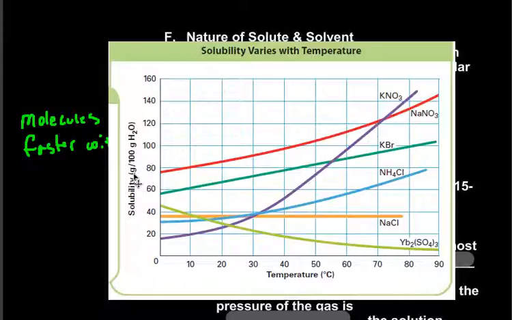This is the amount of grams dissolved for every 100 grams of water at various temperatures. You can see in most of these graphs that the amount dissolved goes up as we increase the temperature. However, on some of them, for example, salt doesn't change as we increase the temperature. And terbium sulfate is interesting, and it's a counterexample. It actually decreases as the temperature increases. Why do you think this would happen?